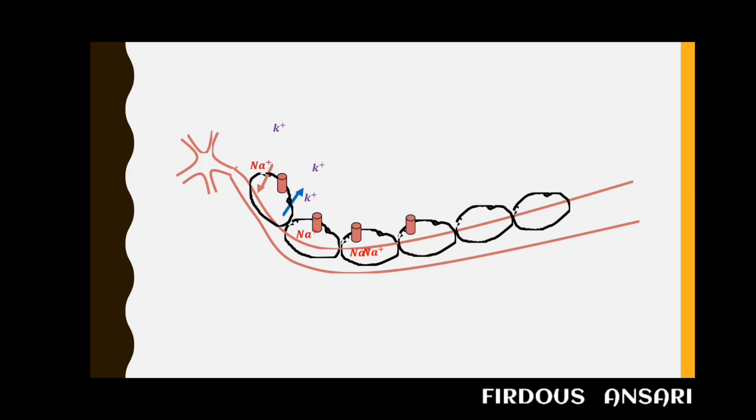Like here on the fourth patch, when depolarization was taking place, meaning when the voltage gated sodium channel was active and there will be influx of sodium ion, in the previous patch of the neuron, repolarization was taking place. Next, when depolarization is taking place in this part of the neuron, repolarization was taking place in another part of the neuron. So I believe you people understood what action potential is.